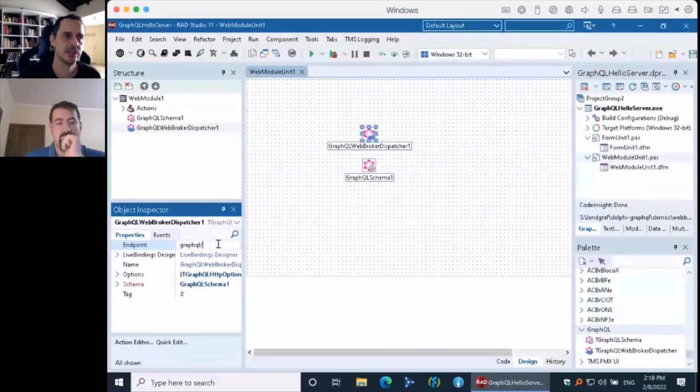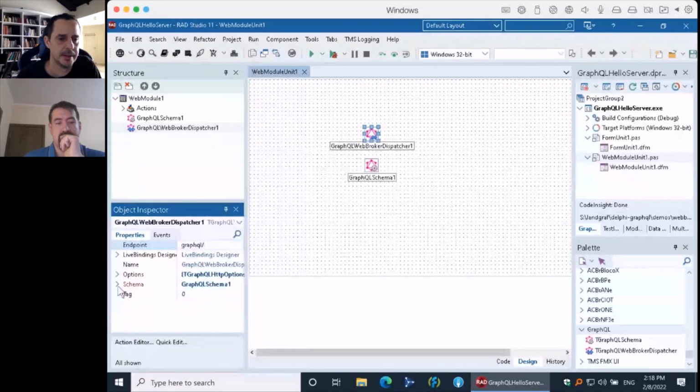In an HTTP GraphQL server, you have just one single endpoint. In this case, it's localhost:8080/GraphQL. And that's the endpoint that you are going to send GraphQL documents, queries, to the server, and the server will process and return. Okay, so there is a single endpoint, and there are some options here that we can go into details later.